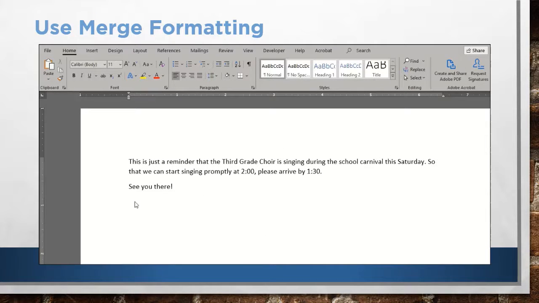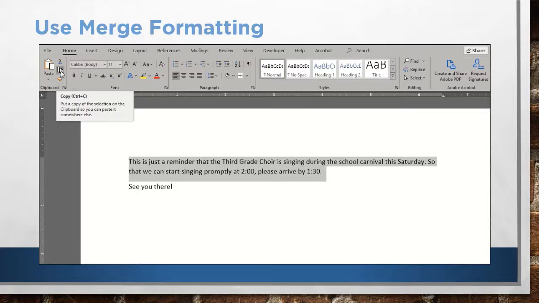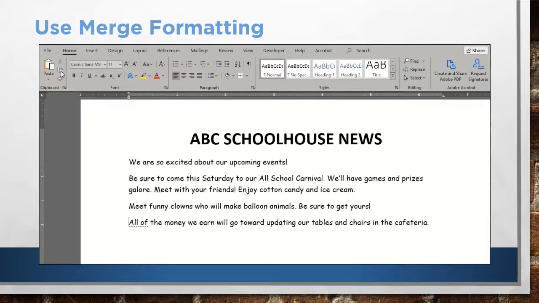Now let's look at another option in that lower part of the paste button. And to start off, we're going to do what we've been doing, which is go to our original little reminder here, and we're going to select all of the text. And then we're going to go to the clipboard group and click copy, although we could cut. When we copy, again, that copy goes to the clipboard, and then we want to paste this in the other document, so we're going to shift over to that other document, click where we want our text to go, and